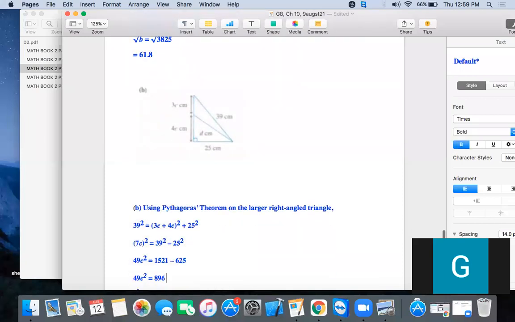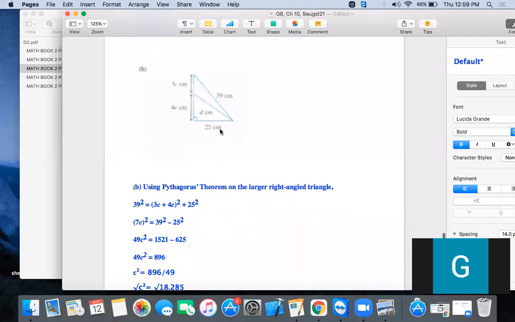Okay, let's see your homework. Part B is your homework. In part C, there are two right angle triangles, right? The one is larger and the second one is smaller. So using Pythagoras theorem on the larger right angle triangle, first of all, we are taking the larger right angle triangle. Why? Because the hypotenuse is given, the base is given, and this side is not given, because it is 3c centimeter and 4c centimeter. First of all, similar to part A, we have to find the value of C, then we can find the value of this side.